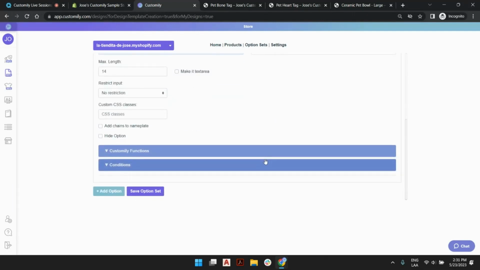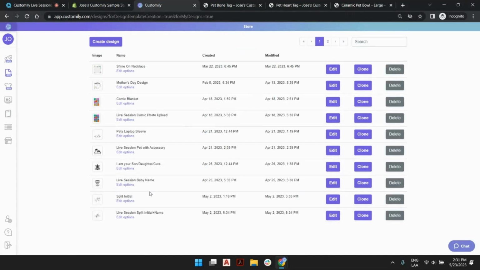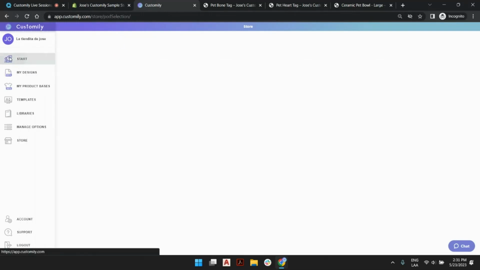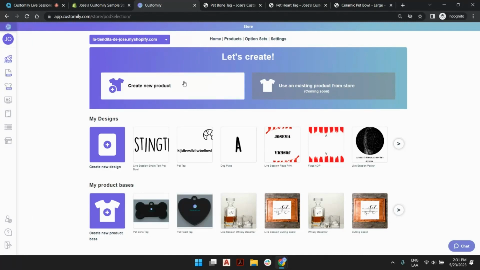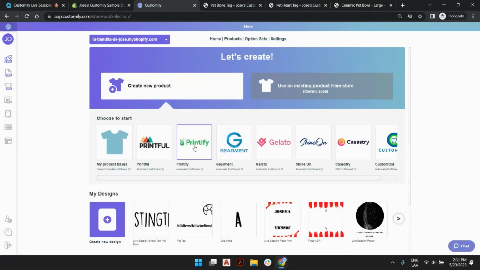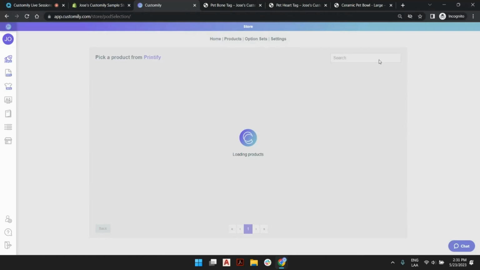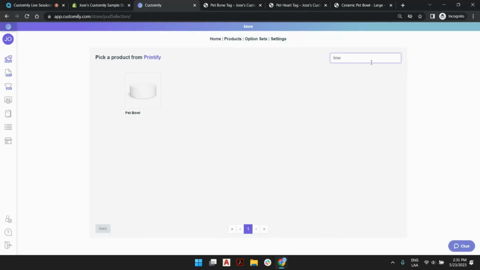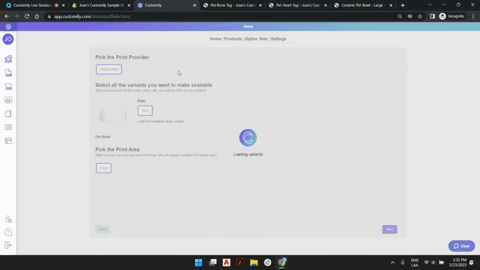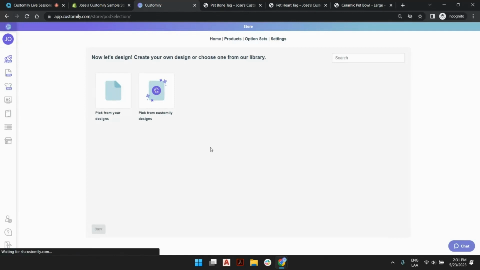So now that we have the options customized for us the way we want this, we are ready to create products using that design. So we go back to the start point. Remember, we went to create new product. We selected the Printify POD. We looked for the bowl, selected that, selected the provider, the variants, click next. And now